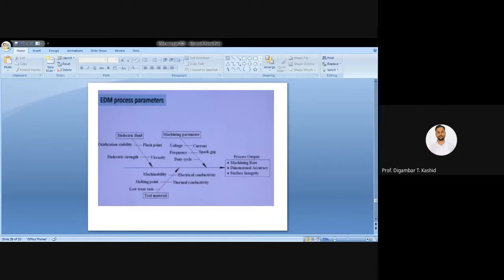So what happened when spark occurs, then the pressure will be very high, maybe around 200 atmosphere pressure. So that much pressure is generated. So this molten metal cannot be flushed out. But when this spark disappears, at that time the pressure actually releases. Immediately that pressure releases at that time. Yes. Then